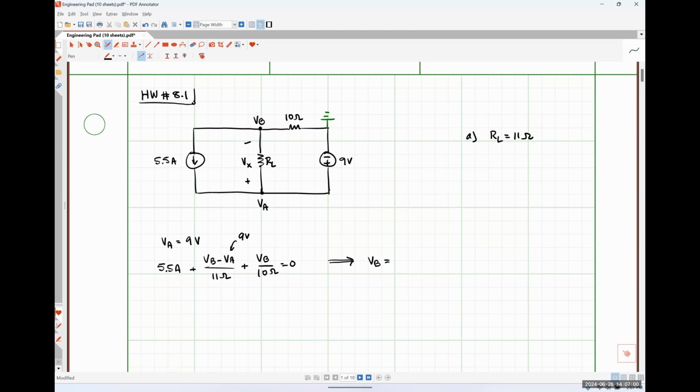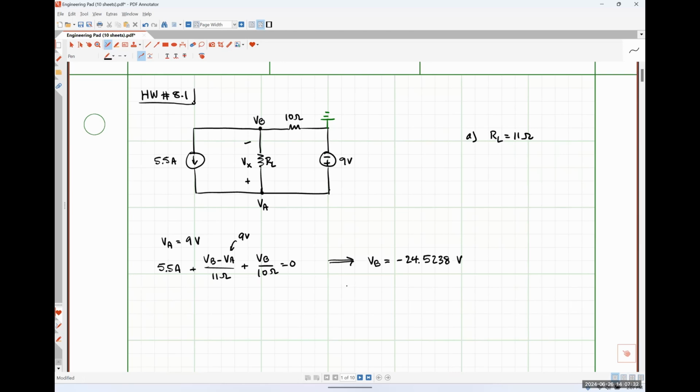So all of my VB terms are on the left-hand side, all of my constant terms are on the right-hand side, and I'm solving for what my calculator is calling x. And I get, after it thinks about it for a moment, VB is equal to negative 24.5238